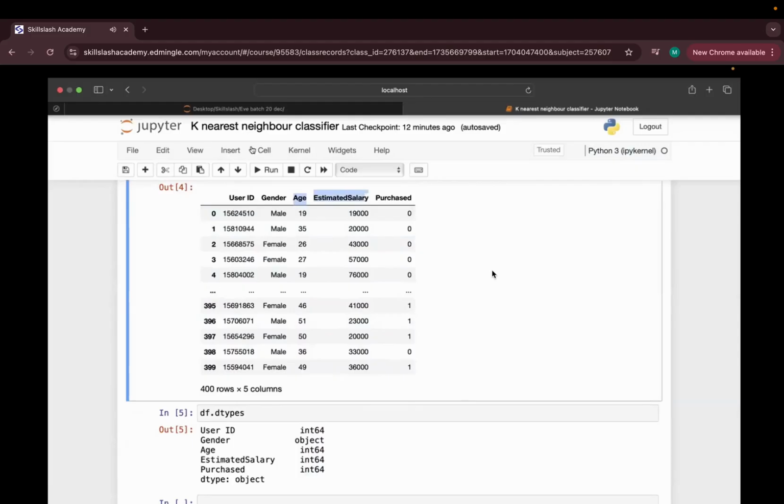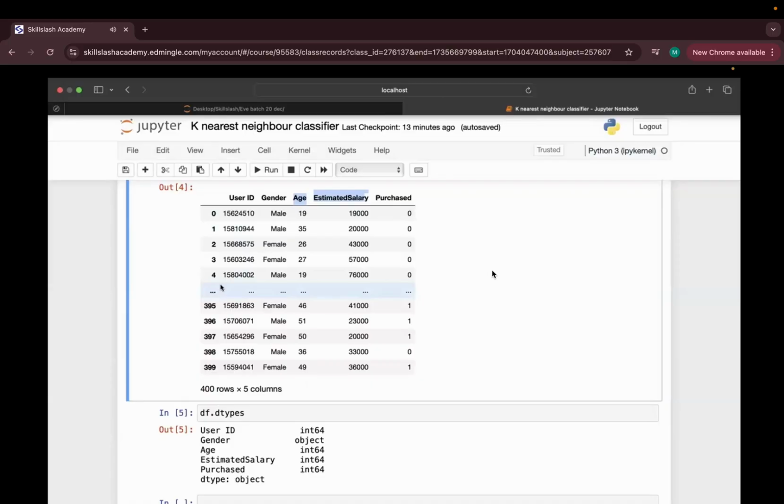Now you will ask me, why not user ID? Why not gender? Point number 1, gender is string type of a value. Finding the Euclidean distance for the string type of a value is impossible. Point number 2, we are having the user ID. What do you guys think? Do we have any sort of relevance of user ID in finding the purchase?